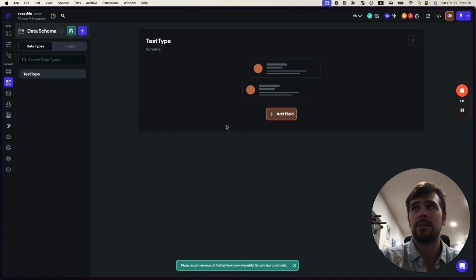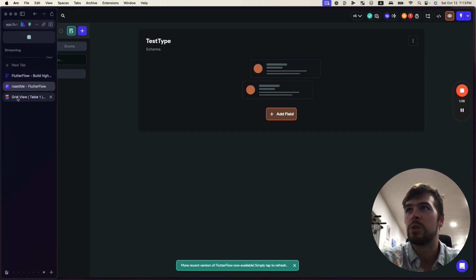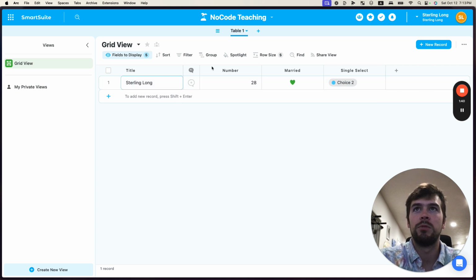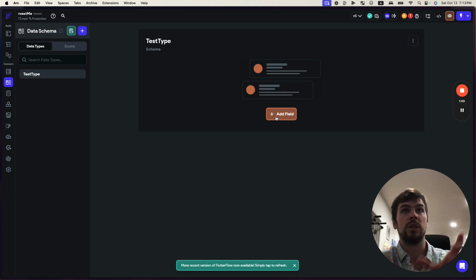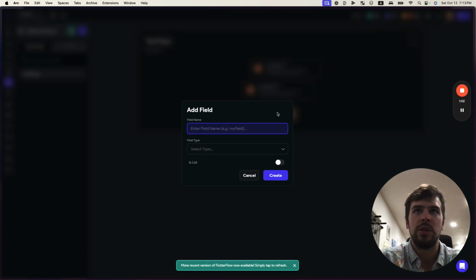So inside of FlutterFlow, I'm just inside of our Roast Me application, and I just wanted to show you what's called a schema. And a schema is a data type. We're going to dive into this much more deeply in a future video. Just know for now that inside of FlutterFlow, you have the ability to create data types. You can see this is similar to the fields that we built over here in Smart Suite. Each of these is a column in a spreadsheet, and each of these fields would also be similarly a column in a spreadsheet. So we're going to add a field, and you'll see that I'm going to name it,